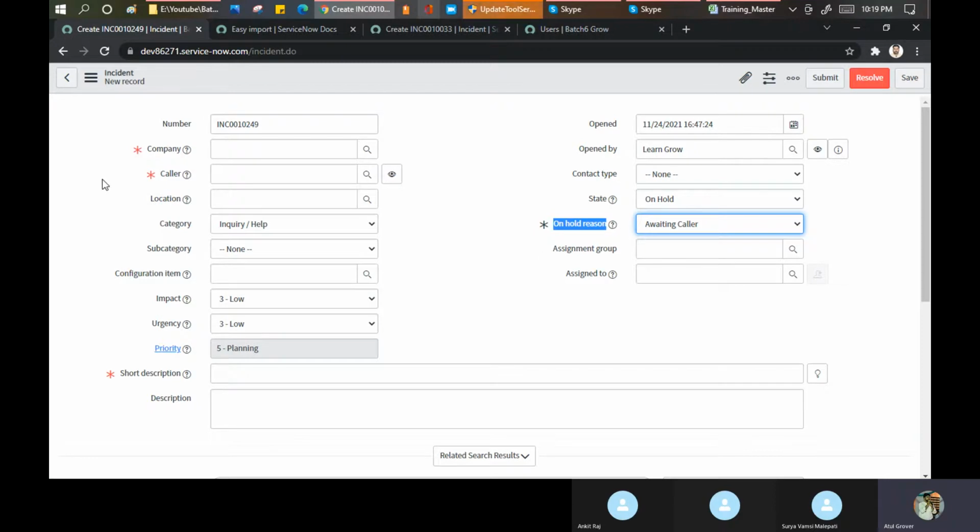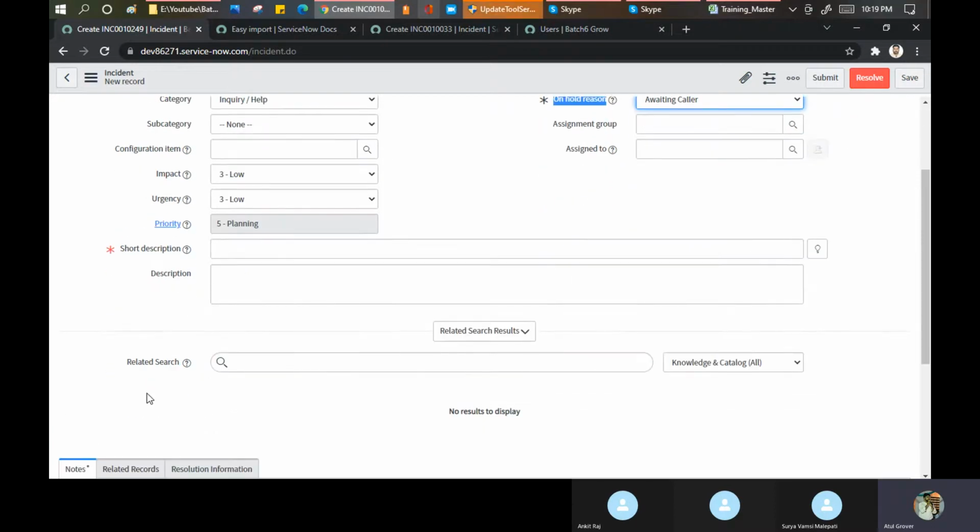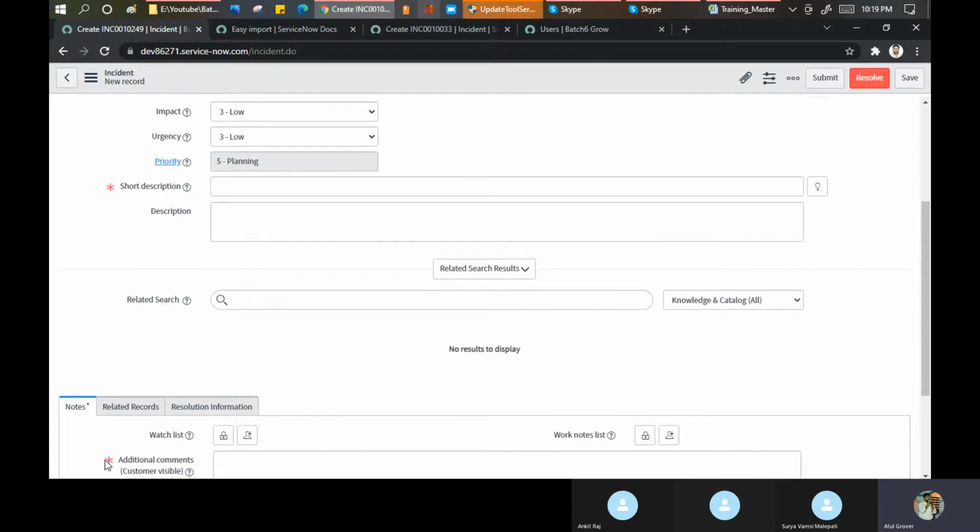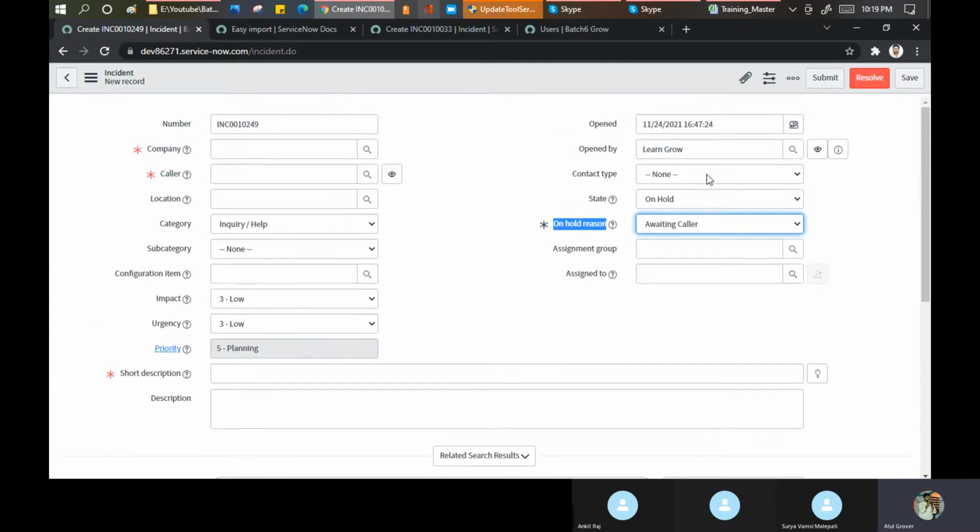Number 1, make mandatory, like if you click on in progress, on hold, awaiting caller, you're making it mandatory. Second, you can hide it. And third, you can make it read only. Only these 3 operations can be performed via UI policies.